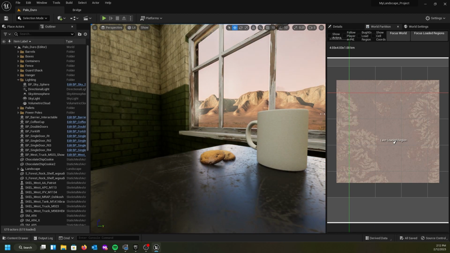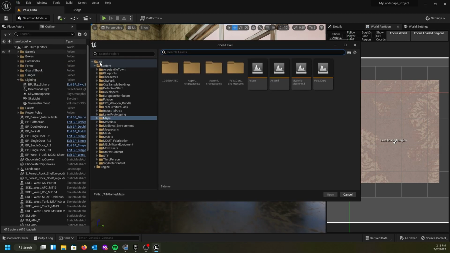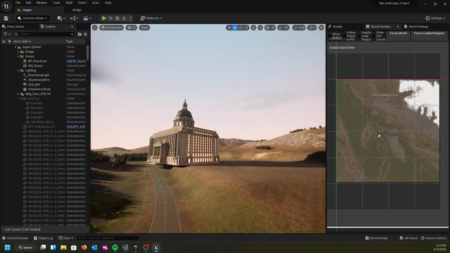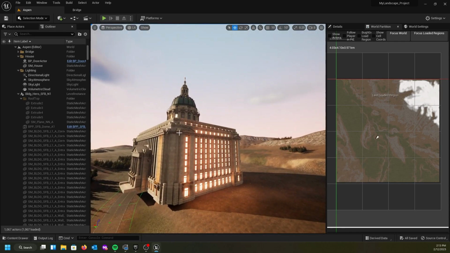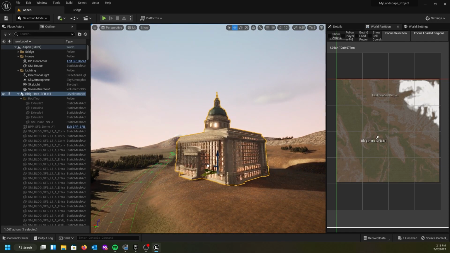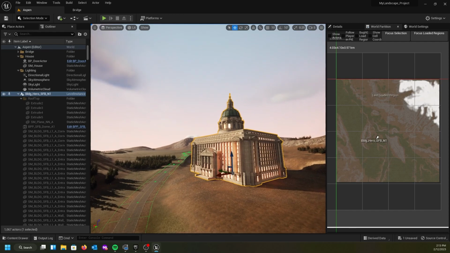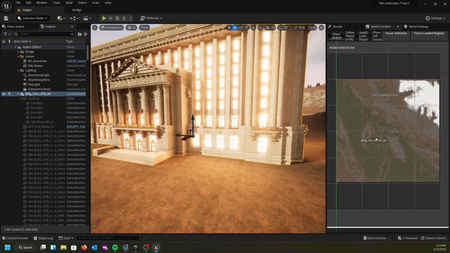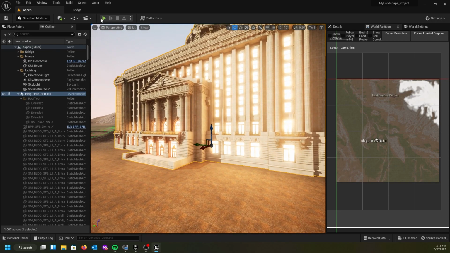Alright, so now we're back open again. So let's go ahead and go back to my level. The whole point of this was to show you how to get models into the world, and that we have done. It's here. It is massive, massively large, and we would probably need to do some things like instancing this or something to make it work a little bit better. But if we hit play,